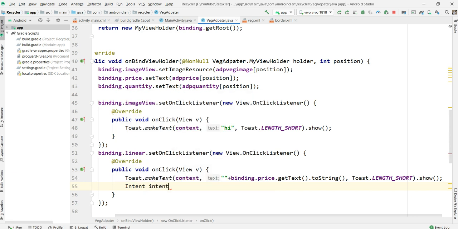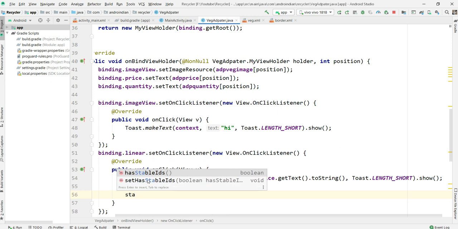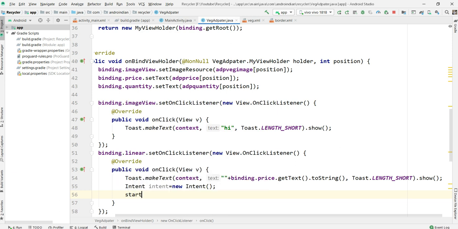Intent, something declaration equal to new Intent. After this, it's common, so the context we'll write in that. But here, start activity is not coming. Even if I write start activity directly with the intent, it's still showing this error.